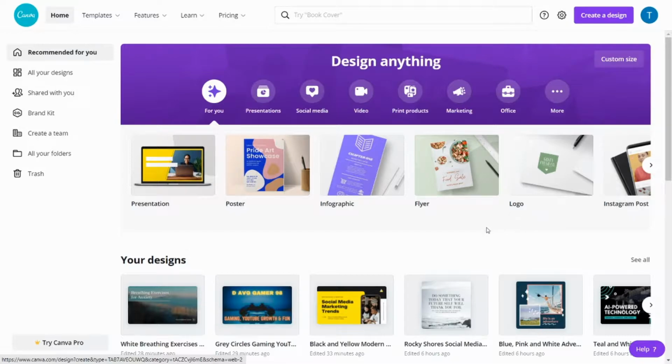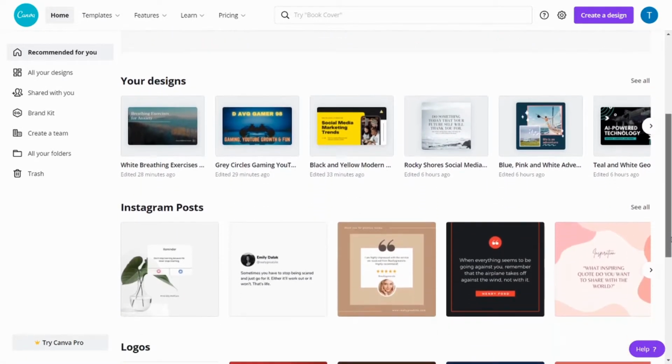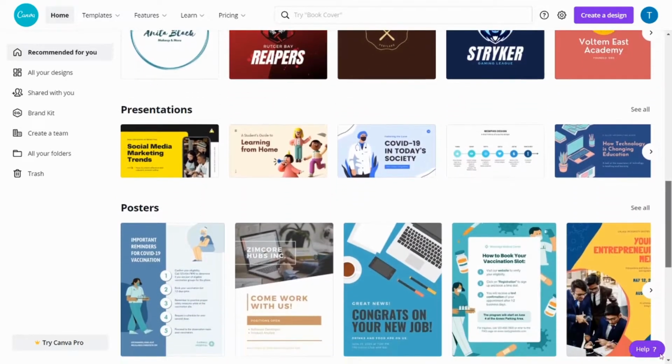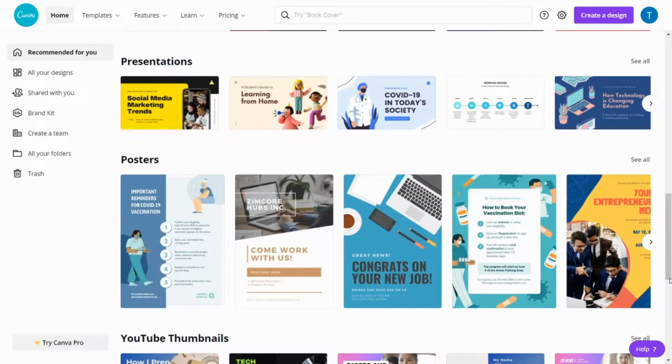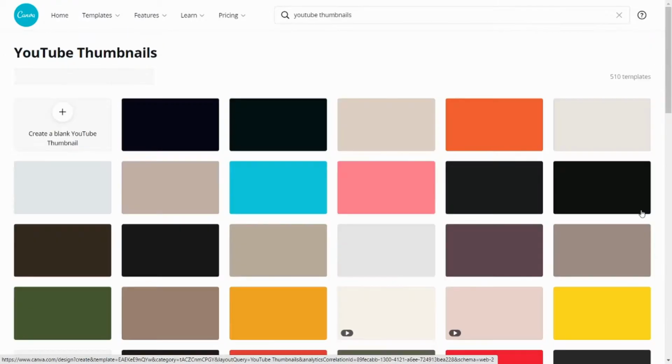Once you go to canva.com and register yourself, you can log in, and this is the screen that you will see here. There are a lot of options for you to start designing different types of posts. What we want to do here is scroll down, and you have this YouTube thumbnail option. You can select it, go to see all, and you will see different types